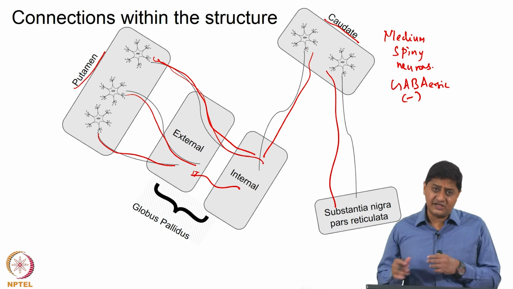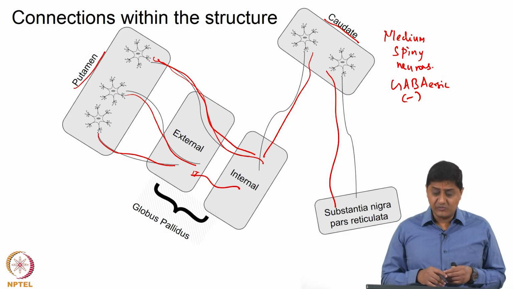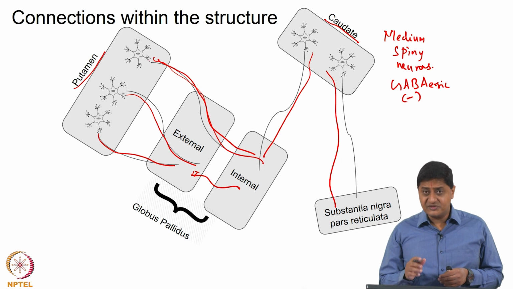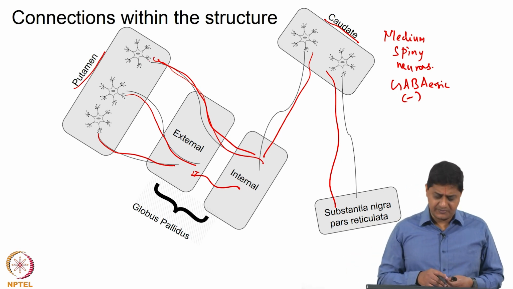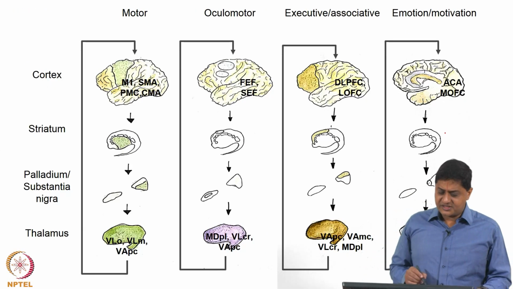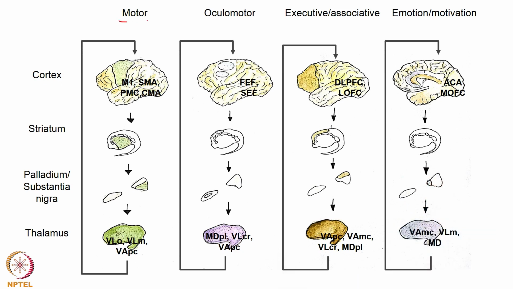Okay. If it outputs directly to GPI, that forms part of what is called a direct pathway. If it outputs to GPE, and through GPE there is another cell that takes the information from GPE to GPI, then it is called the indirect pathway. We will discuss this in future classes. So, essentially the following functions are attributed to basal ganglia. Motor functions, basically here in this case